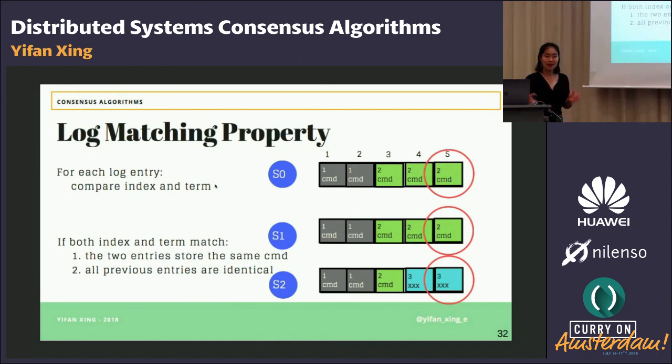So we have these log matching properties that we can use in Raft. Basically, if you look at the example on your right, we compare two things for two entries. For S0 and S1, we compare the last entry: the index of the entry and the term of the entry. If they are exactly the same, like S0 and S1, which at the same index have two entries with the same term,